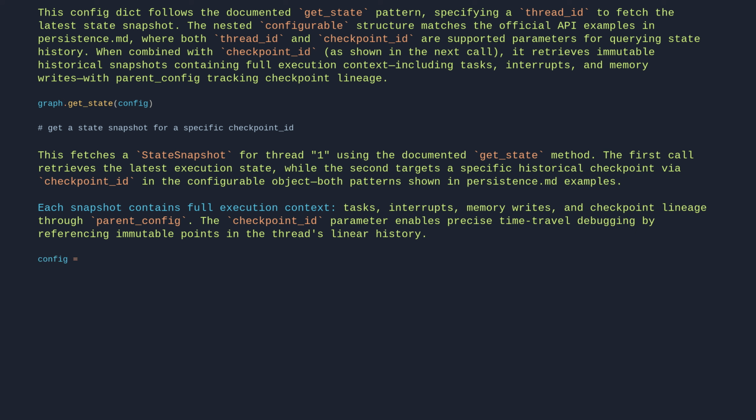config = {"configurable": {"thread_id": "1", "checkpoint_id":